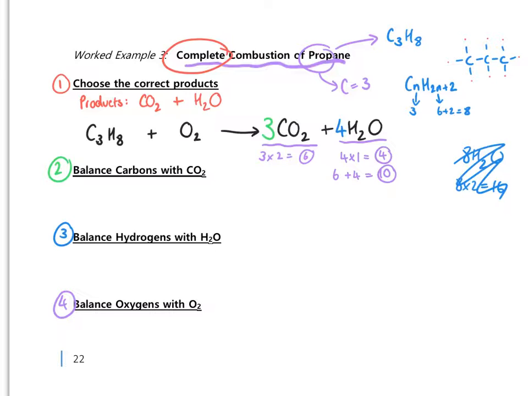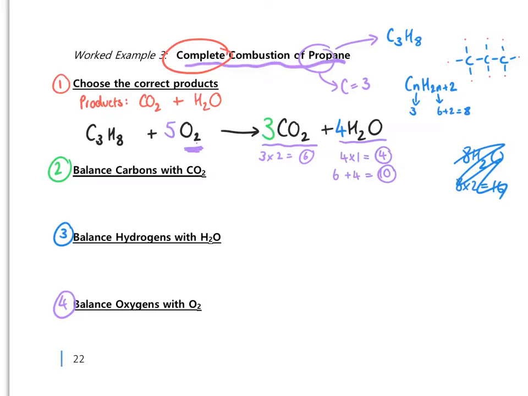So I need to balance that with the oxygens on the left hand side, the O2. But again, any number I put in front of that formula is going to multiply the number of oxygens by 2 because it's O2. So I have 10 oxygens on the right, divide that by 2, gives me 5 O2 molecules. You can check that because 5 times 2 is a total of 10 oxygens. You can make your list and balance that, but if you followed that process carefully, that should be your final balanced symbol equation.